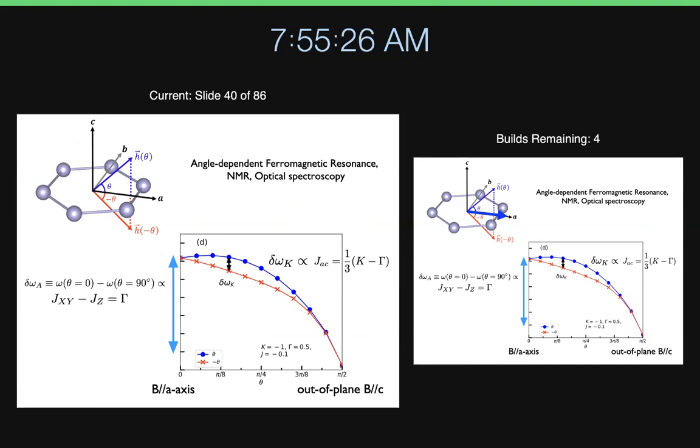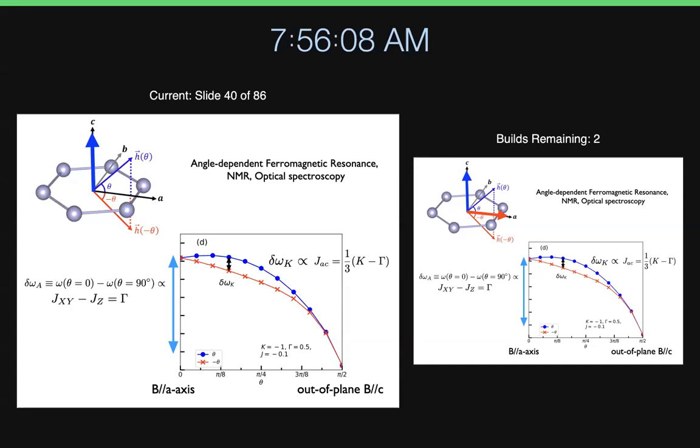So here we'll come with the magnetic field along the A-axis first, and then rotate it toward the C-axis. Starting from the A-axis, rotating to the C-axis, you will see this resonance vary as a function of angle. Starting from the A-axis to out of plane, this blue is going to reflect the in-plane, out-of-plane anisotropy, which is measured by the gamma. So that difference is going to tell us the gamma interaction. If it is completely isotropic, we'll get a flat, Heisenberg-like response. The resonance energy will be independent of angle.